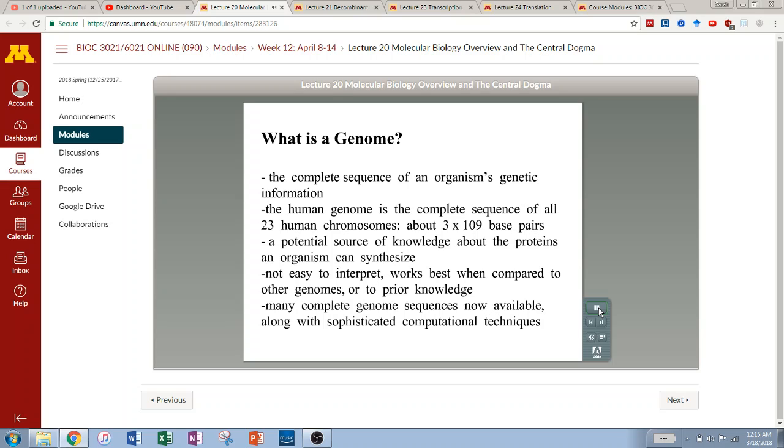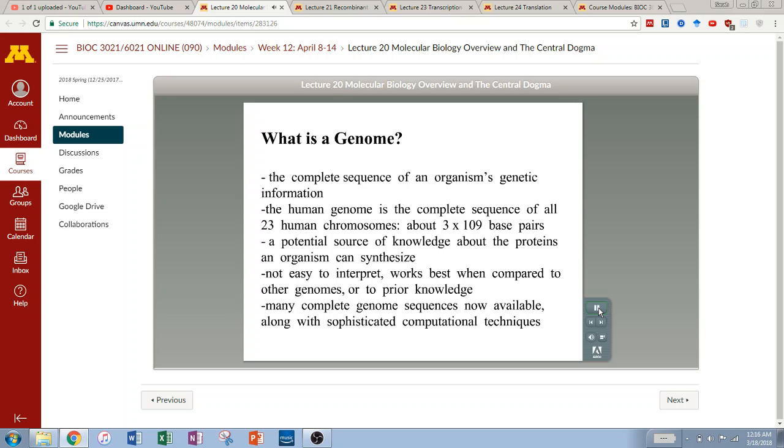What is a genome? A genome is the complete sequence of an organism's genetic information. The human genome is the complete sequence of all 23 human chromosomes. The human genome contains about 3 × 10⁹ base pairs. Information about the complete structure of a genome can provide a potential source of knowledge about the proteins that an